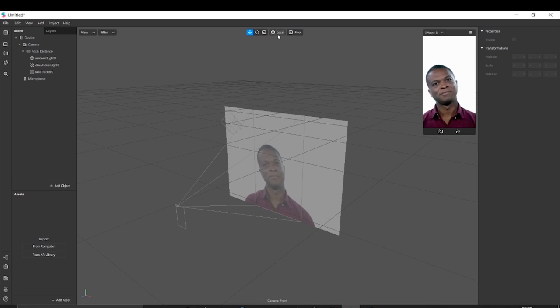This is a coordinate system, global and local. Global is a fixed coordinate system, x, y, z, a fixed location, and local means the orientation changes as per the orientation of the object. This is a pivot point, around which the transformation takes place.